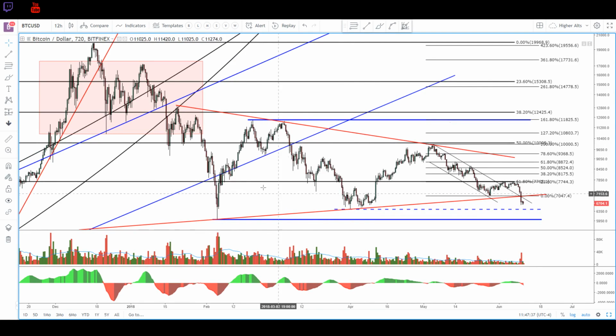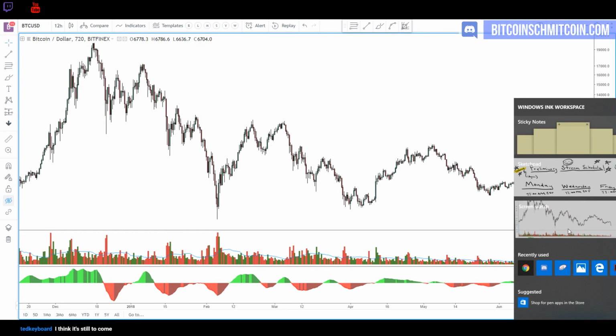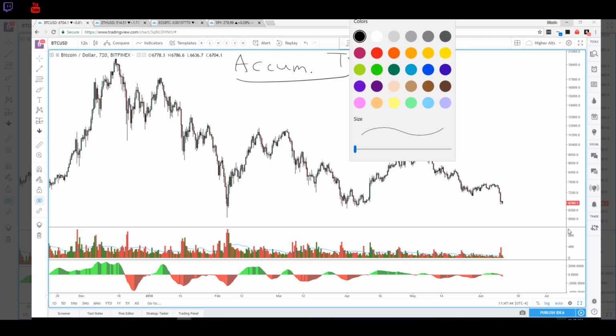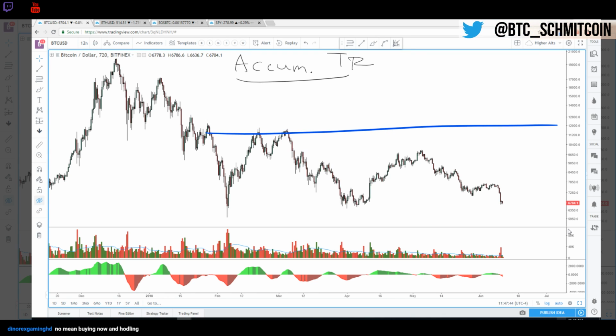No. I'm saying, through the lens, I'll draw out a hypothetical trading range for you. So there is an argument to be made that this whole thing right here is an accumulation trading range, where this is the top of the range. Let's make this blue and thick with two Cs. There is a bullish argument to be made that this is a trading range like this,